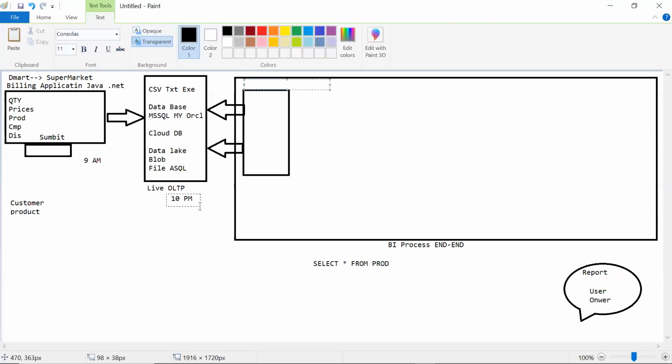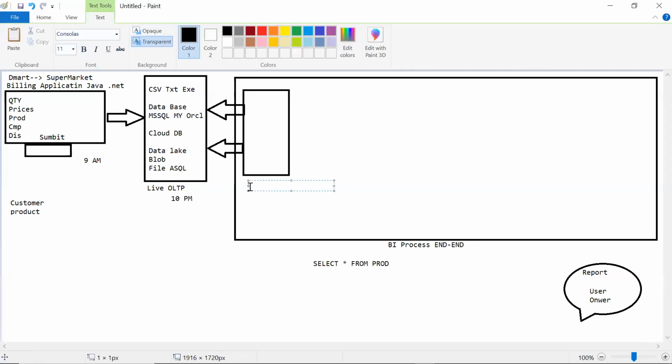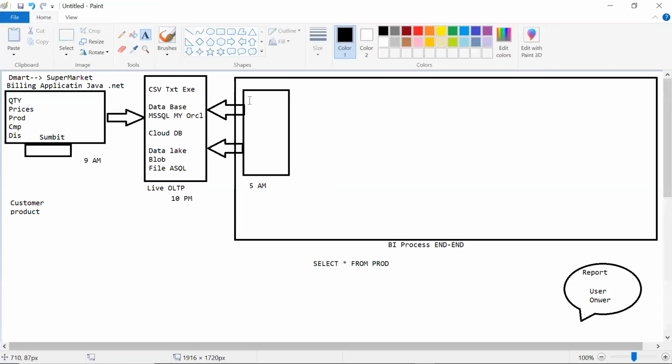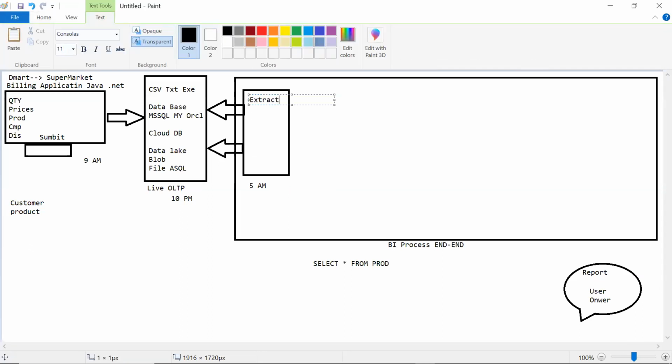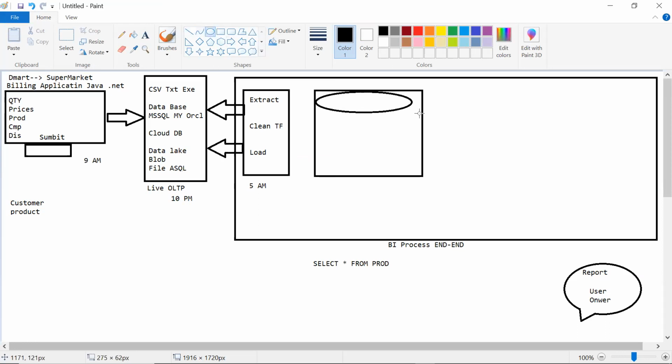Once the store is closed, when there are no transactions, I'm going to start an early morning job at 5 a.m. I'm going to extract all the data, clean it in the form of transformations, and then load it wherever you want. You want it in a data lake, you can store it in a data lake. You want databases, you can load it into the database. You want to store it in a data warehouse like Synapse, you can store it anywhere,